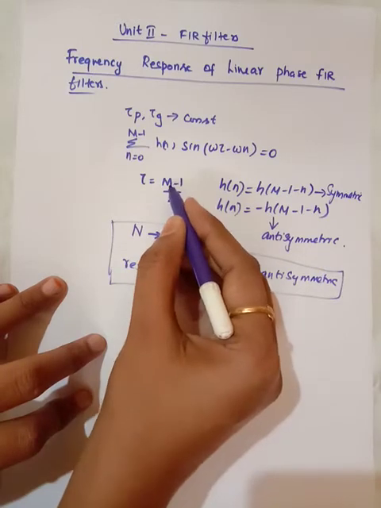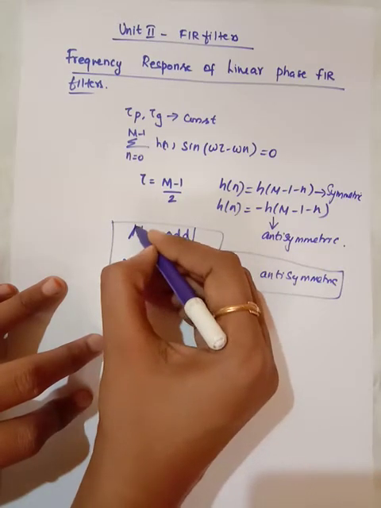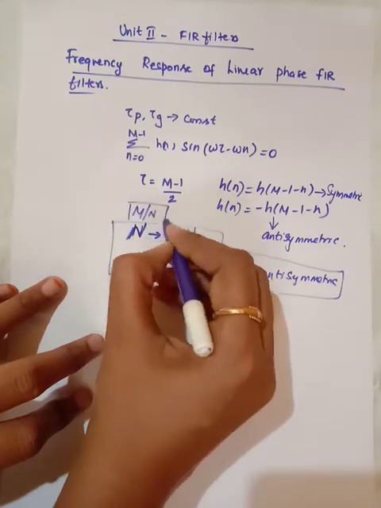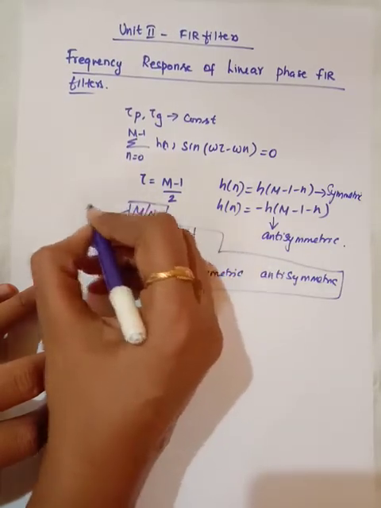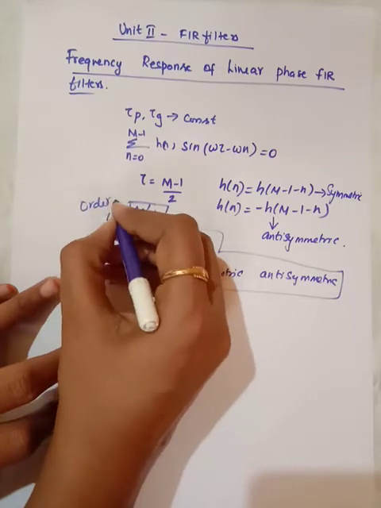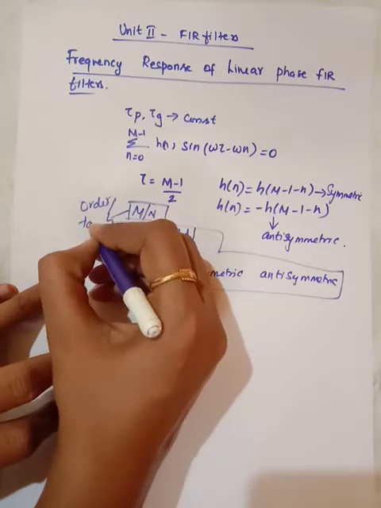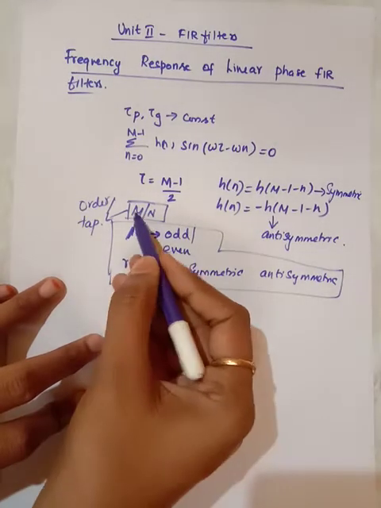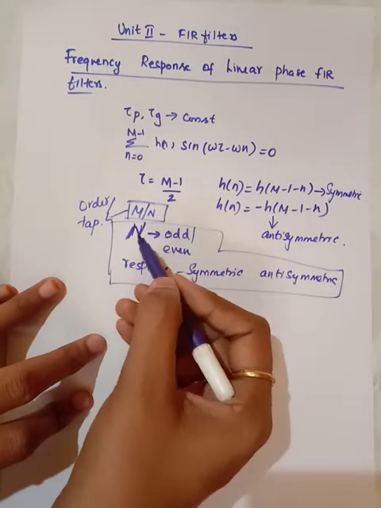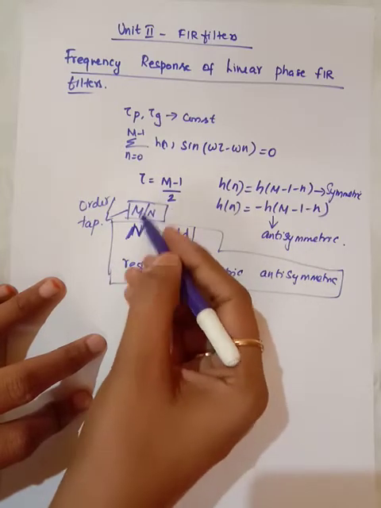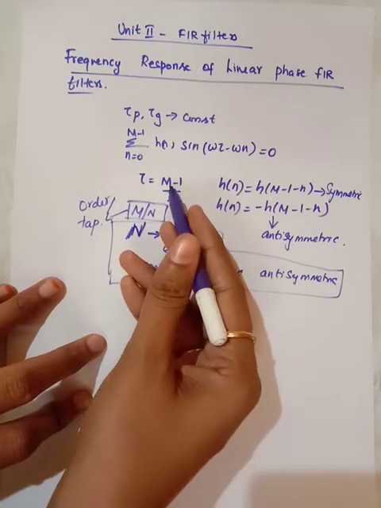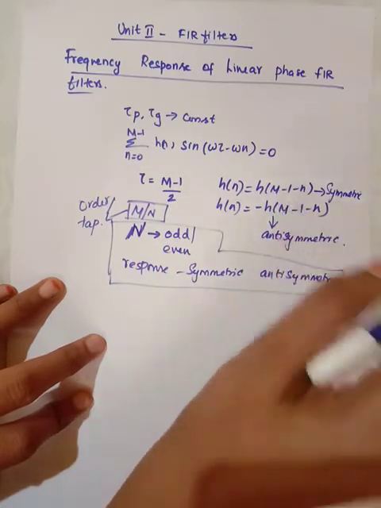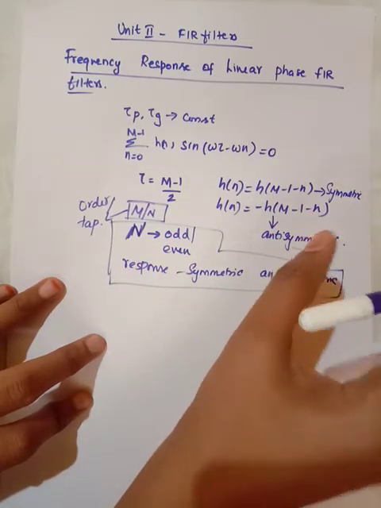Here, instead of M, we are going to use the value N. Both N and M are the same here. It is nothing but the order of the filter, or in some books they represent this as the tap of the filter. Don't get confused, M and N are both the same. So if we use M, we will choose (N minus 1) by 2. Accordingly, both M and N notations represent the order of the filter.